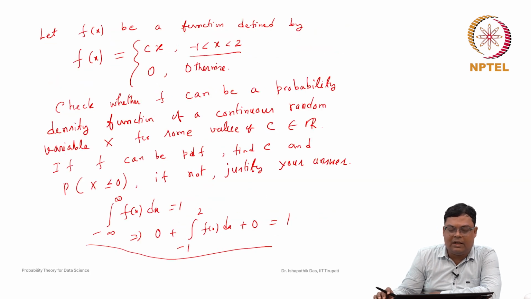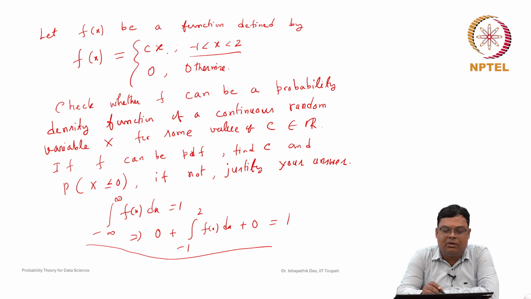Here you can see that this density function is given as c times x. If you take c positive, then in the interval minus 1 to 0 this value is negative. Now, if you take c negative, then in the interval 0 to 2 this value will be negative. So f(x) cannot be always positive for any particular real number c. That is why there cannot exist any c which satisfies that f(x) is greater than or equal to 0 throughout the interval. Hence, f(x) cannot be